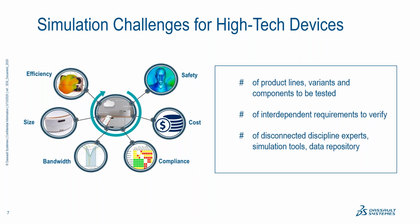Products are also defined by an important number of consumer and regulatory requirements, and some performance indicators can actually affect one another. For instance, we all want highly connected objects with Wi-Fi, Bluetooth, 4G, and soon 5G. But at the same time, we don't want radiation absorbed by the human body increasing or interferences appearing. So how can simulation ensure we find the best trade-off and at the same time that we verify all those